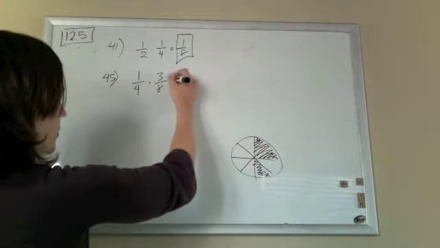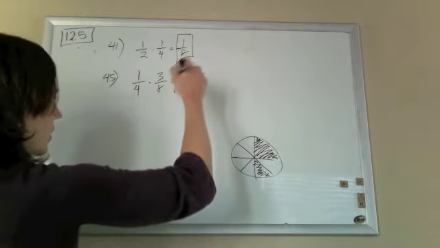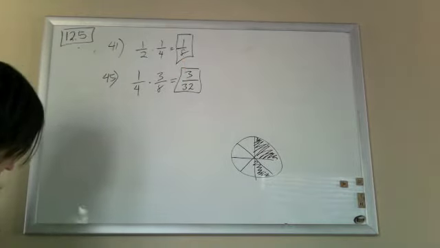Just multiply those straight on across. You get 3 out of 32. And that's that. For 53,